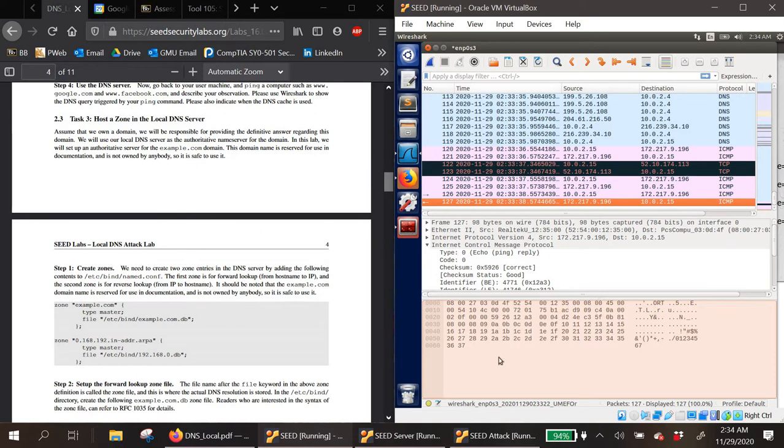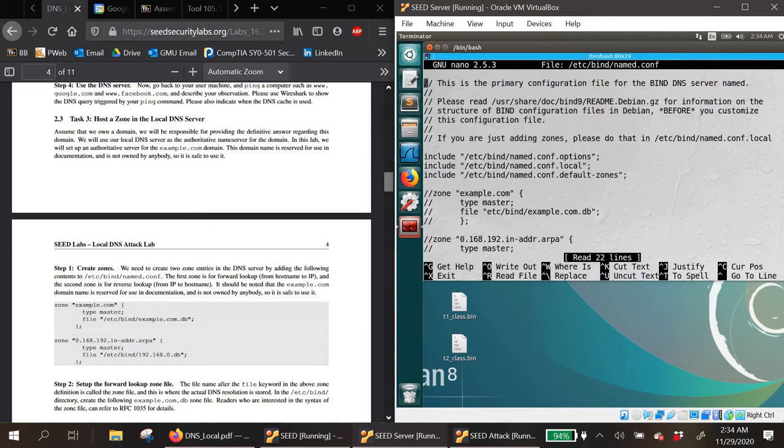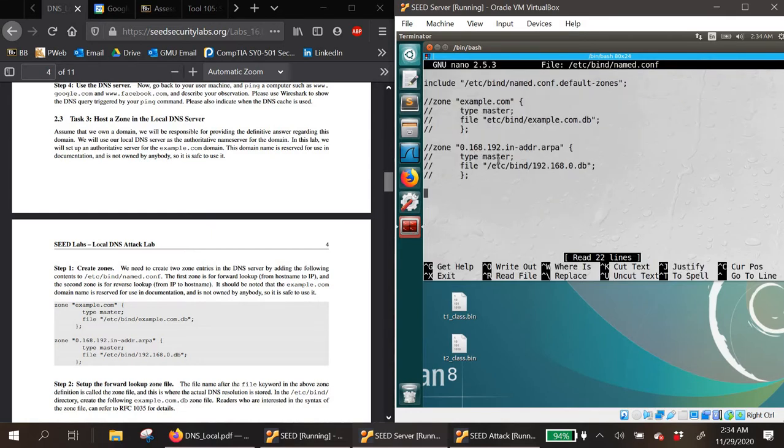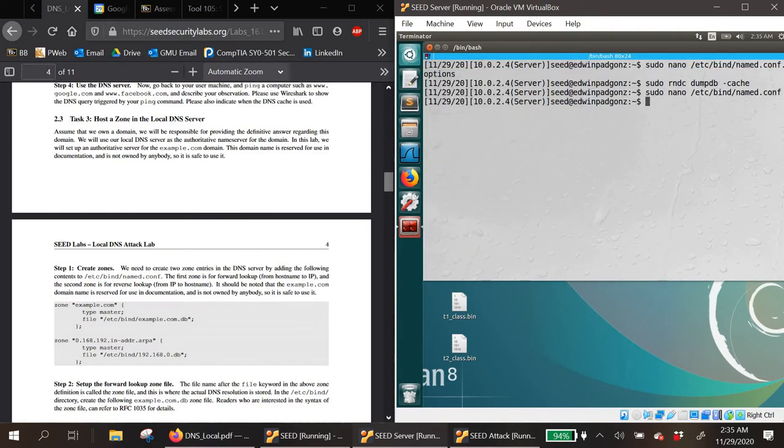And now we want to host a zone on the local server. So we go back to the server here. It wants us to modify this file right here to set up the zones, named.conf. So I commented it out because, at first I was doing it in this file, but I went ahead and commented it out, and it says right here, if you're just adding zones, please do that in the named.conf.local file. So we're going to go ahead and go to the local file, and here we have